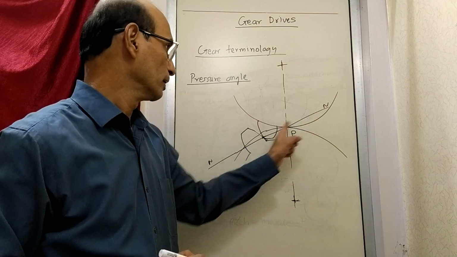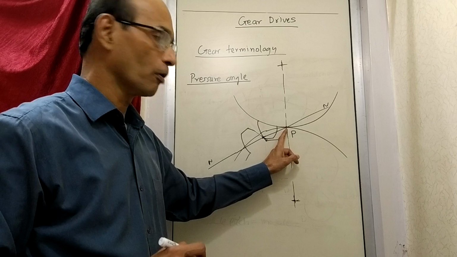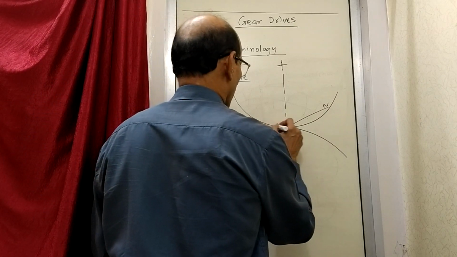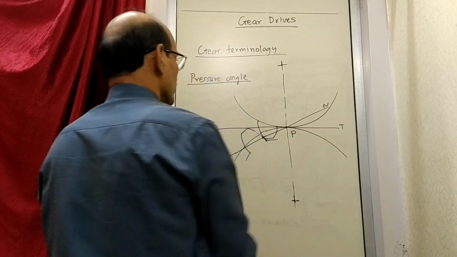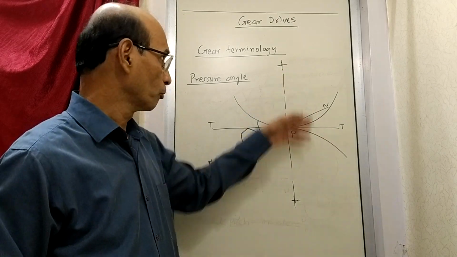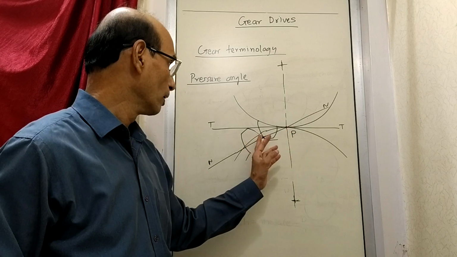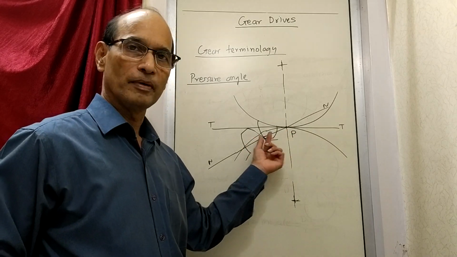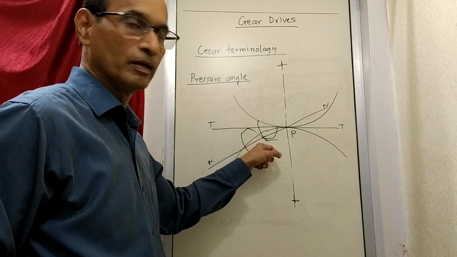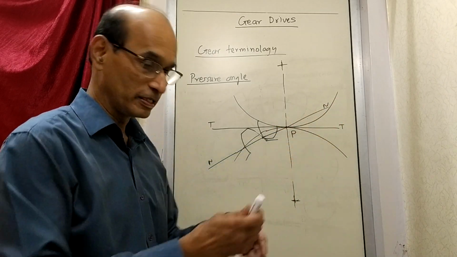We have drawn a normal at the point of contact of two gears, and this normal passes from pitch point. At the same time I am drawing one tangent here, TT. So we have drawn a tangent to the pitch circles. For both the pitch circles, there is a tangent passing from point P, and wherever the two teeth are coming in contact, at that point if you draw a normal to the tooth profile, then that line is this normal. Now the angle made between this normal and the tangent, that means this angle